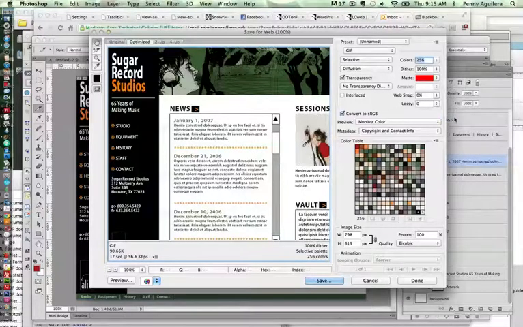Don't worry about how big this file is. It's a very large file, 90 point something kilobytes. This is not going to be uploaded. This is not part of the viewer experience once they get onto the web. So you don't have to worry about file size at all. I will save the file,